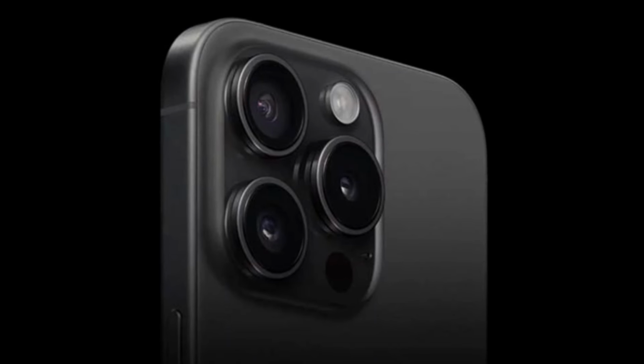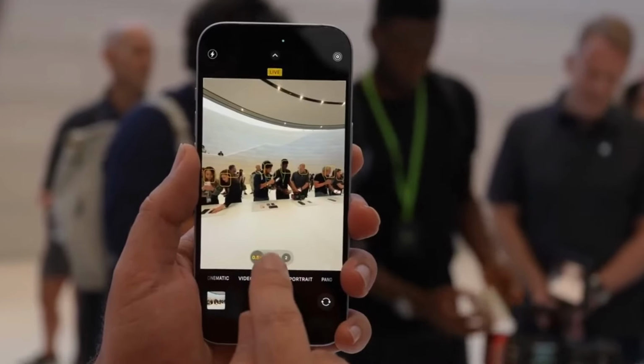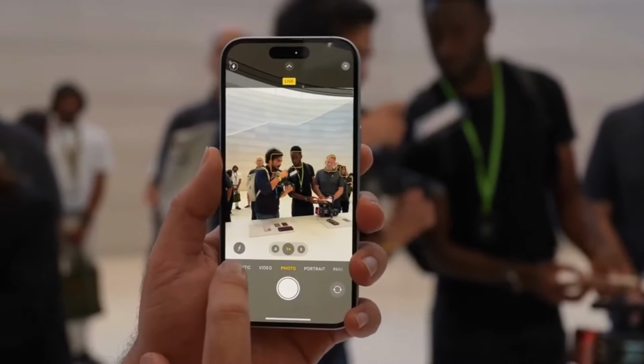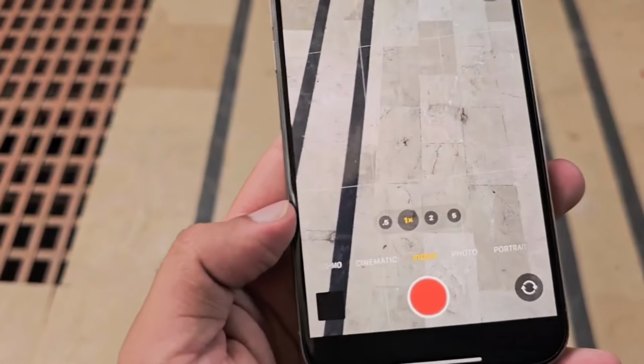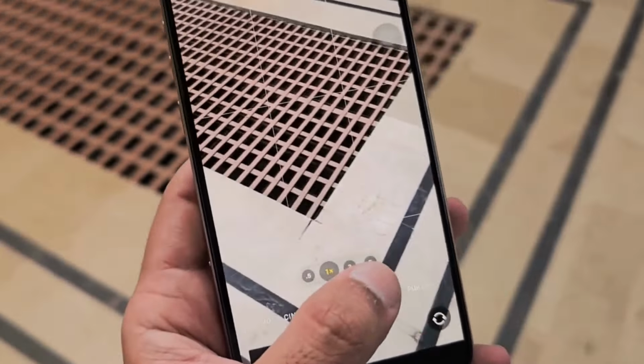Let's talk about the camera. As the iPhone 15 Pro Max delivers a host of important camera features, chief among which is the new 120mm telephoto lens, the iPhone 16 Pro Max could finally address one of the forgotten cameras that hasn't recently scored any significant overhauls, the ultra-wide. Analyst Ming-Chi Kuo believes that Apple will be introducing a 48-megapixel ultra-wide camera on the iPhone